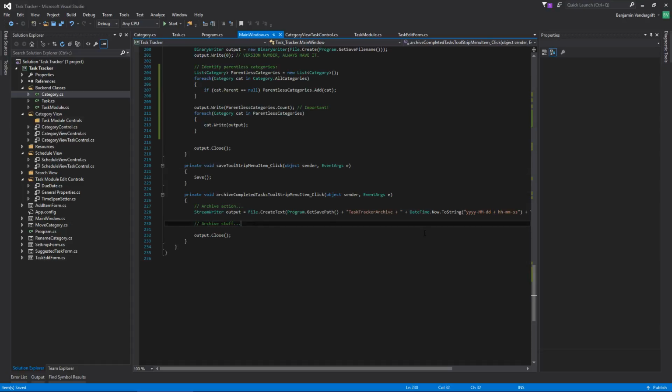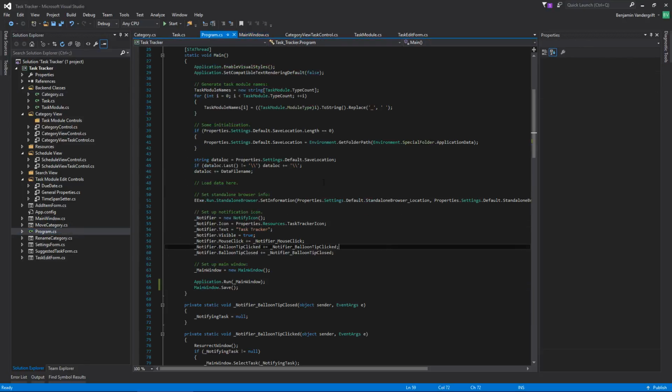What I want to do here, I think, is identify all categories that have archived tasks and potentially try to set up a temporary bit of information about them and kind of work through that, if that makes sense. Maybe? Because I don't want to fill up the archive files because they're going to be fairly verbose with a bunch of extraneous data. Now, actually, I might leave archiving for just a moment because I should actually just come in here and go,